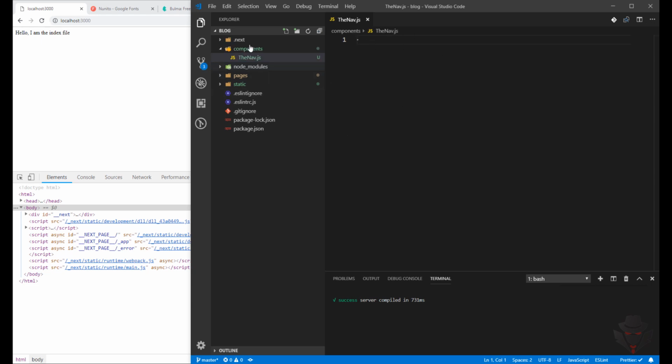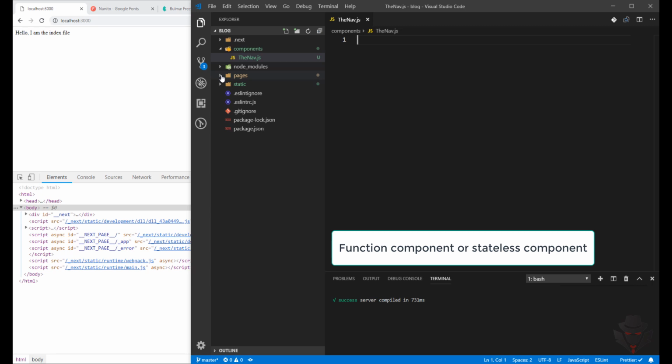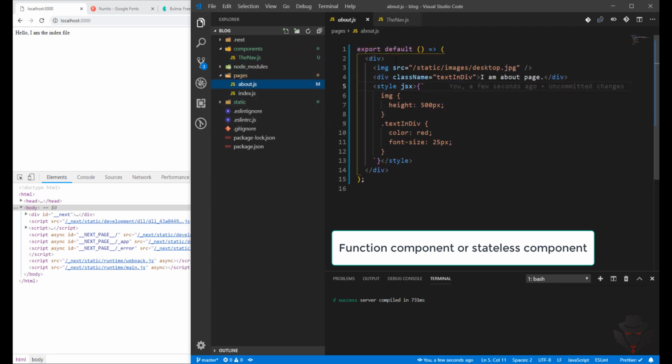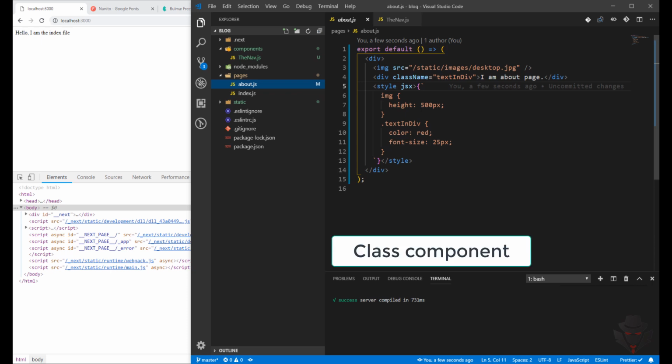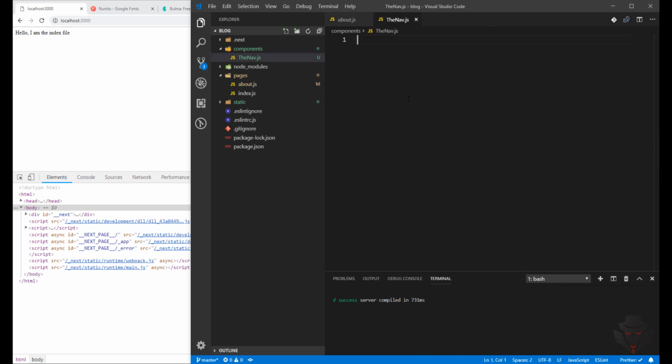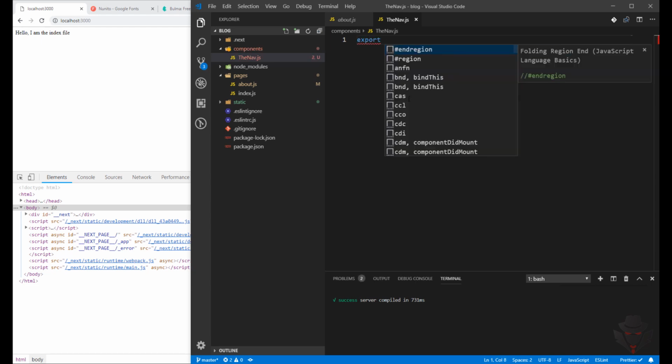and we are going to do the same. So we are going to just create a component. Our component will be something very simple, and in the past, if you remember, we were using functions in the pages here. Now we can use the same thing, or we can use a proper class. For this example, we don't need any class, so I'm still going to use the function, but later on we're going to upgrade to a class whenever it's necessary. So we're going to say export default,